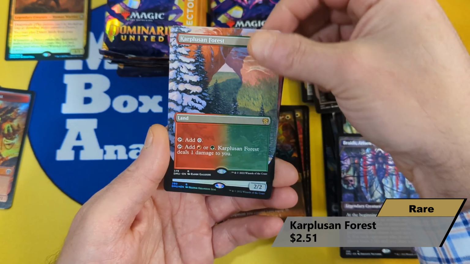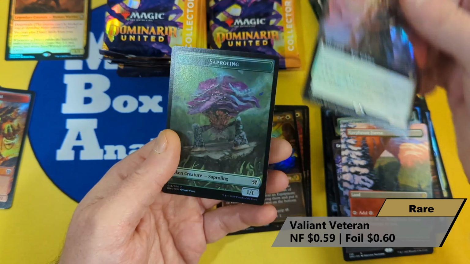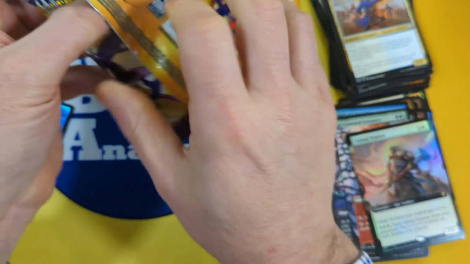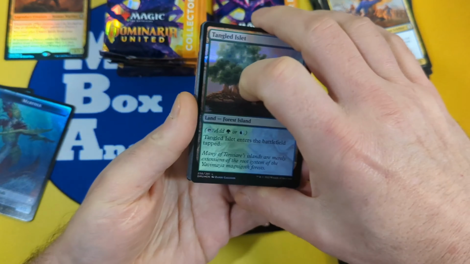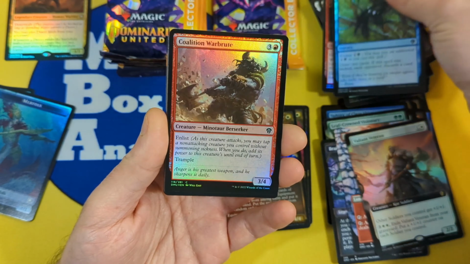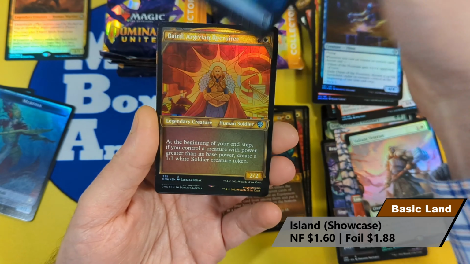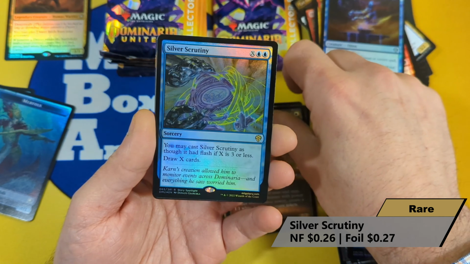And then we're going to see a Carplusian Forest and a Valiant Veteran coming in as our extended art with a Saprilling and a Merfolk. All right, so we got ourselves a Tangled Islet, the Hammerhand, the Espionage, the Warbrute, Rada Coalition Warlord, Jin of the Fountain, an Island, and then Barrett Argivian Recruiter, another uncommon textured, Silver Scrutiny,